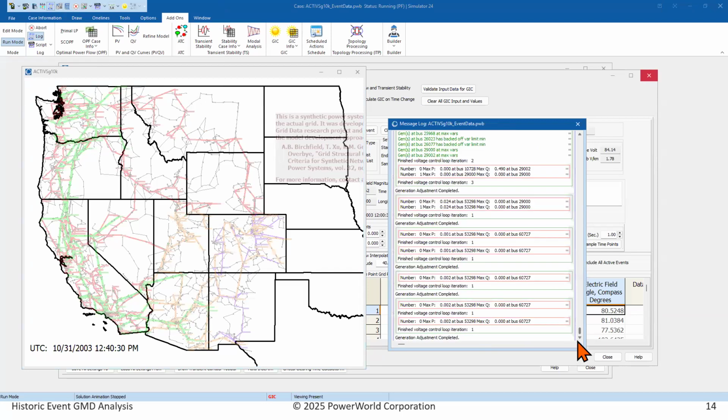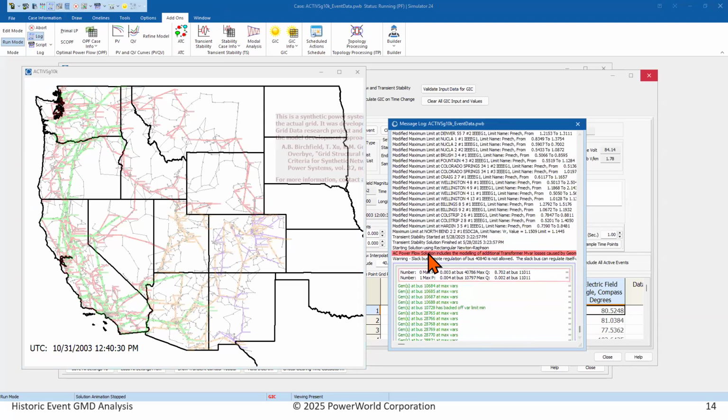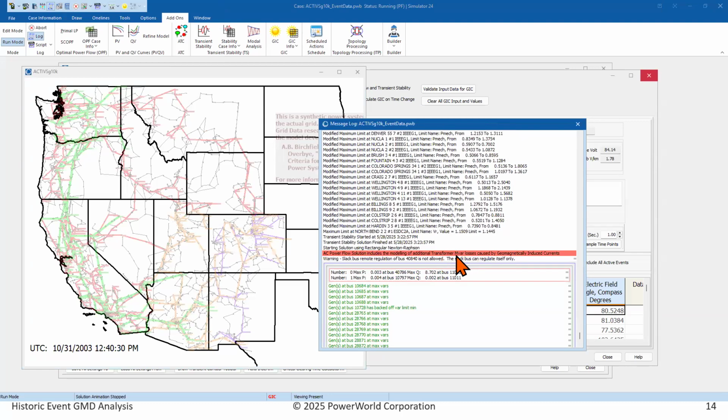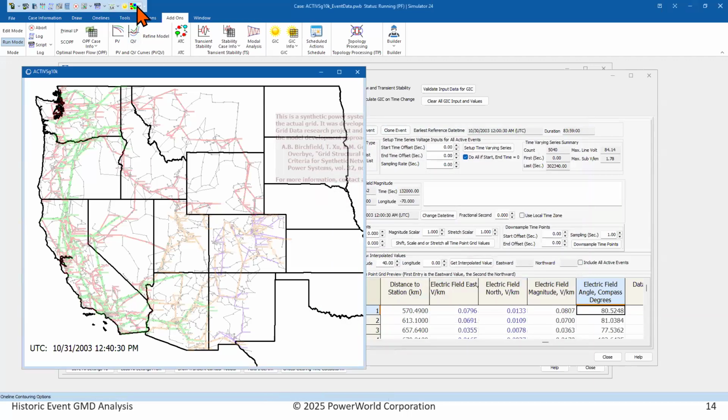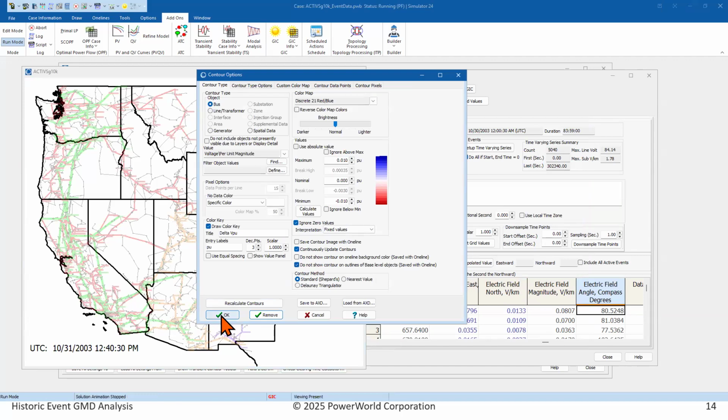The message log here in Simulator will give you a message to say we're including the effects of the transformer reactive power losses from the GIC on the power flow. So it'll put a bunch of reactive power mismatches at buses that are impacted by that, and then solve the power flow. And so you might get different voltages. I could come, for example, in my contouring tool and look at changes in voltage for that time and apply them